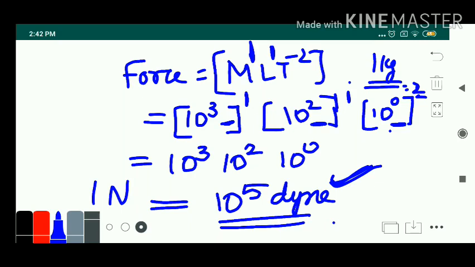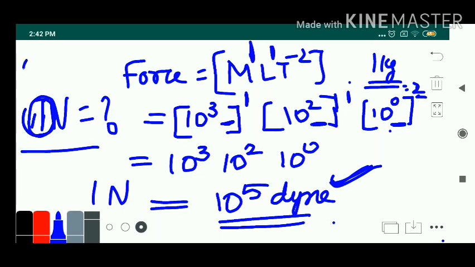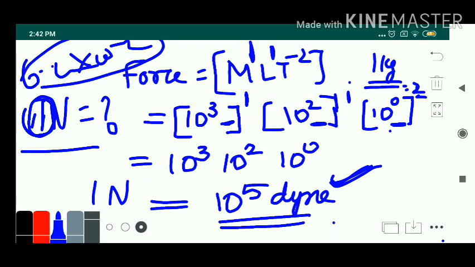And the conversion problems are very few. But suppose you are asked in the question, 1 Newton is equal to how much? Sometimes it might not be 1, there will be some value like 6 point something into 10 to the power 23. So when that type of complicated problem comes, you require a small trick to solve it. That's what I'm going to take up.